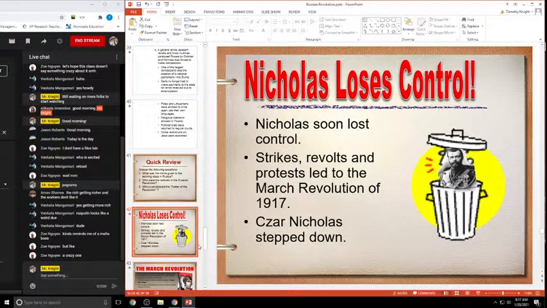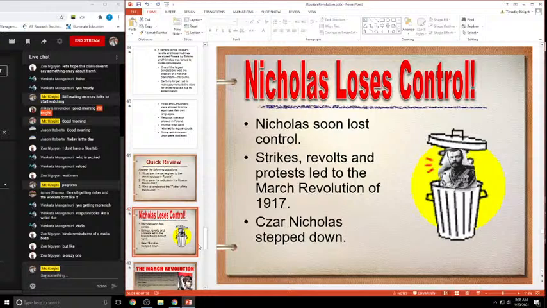And so the February/March Revolution. The reason that those names are interchangeable, let me just, to prevent confusion here, I mentioned to you a few moments ago that the Russian Revolution is kind of two revolutions for the price of one. And so Russia was on a different calendar, an older Eastern Orthodox calendar than the rest of Western Europe. And so one of the things that makes studying Russian history a little bit difficult is that the months are a little bit off. Because Russia doesn't convert to the standard